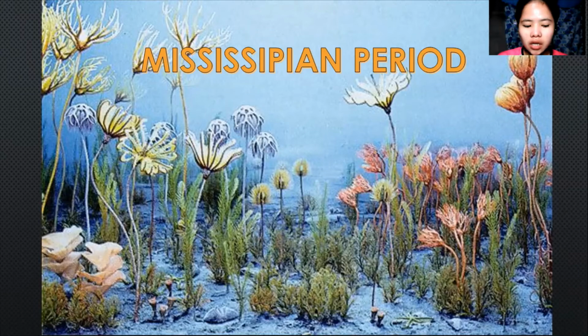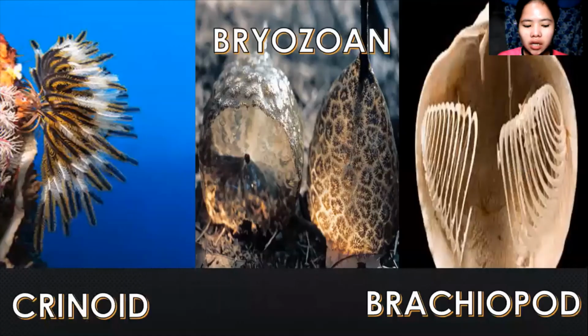So the Mississippian subperiod has a warm and shallow sea. So it is very warm and shallow. Animals contributed their shells to the formation of limestone. So during this time, many animals helped in the formation of the limestones that we have today. These types of organisms belong to the phyla Lophoporata, which are the bryozoans and the brachiopods, and also we have the crinoids. So these are the organisms that occurred during the Mississippian subperiod.